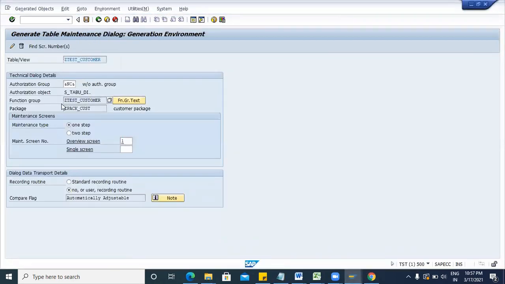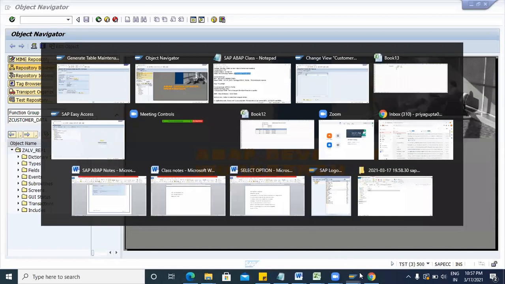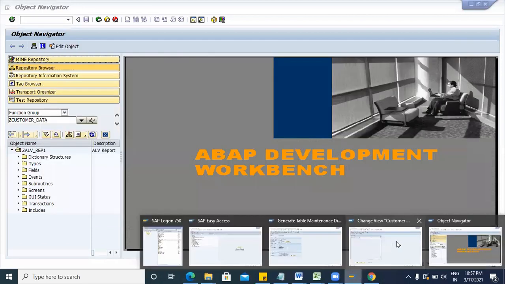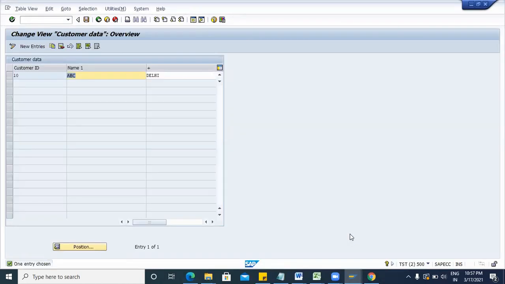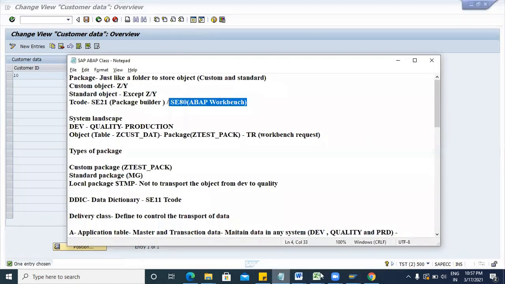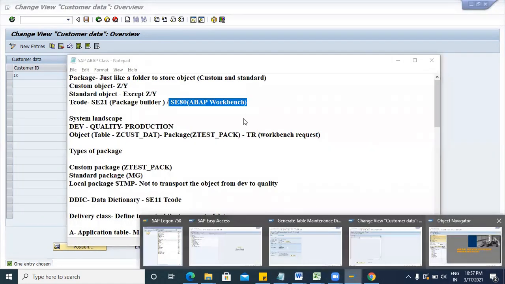How do you create the T-code, madam? Yes, I will explain. This is the next step: I will create a T-code for this screen. This is the full real-time task. First we create a table, then we maintain the data in this table, then we create a custom T-code, and that custom T-code we provide to the end user. In real time, we provide the T-code to the end user. Now let me explain how we are creating it.